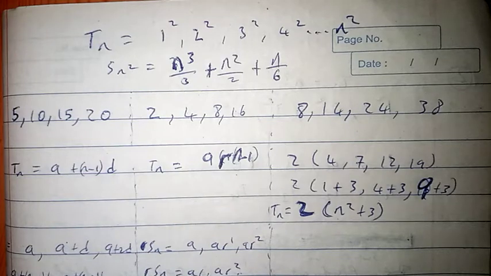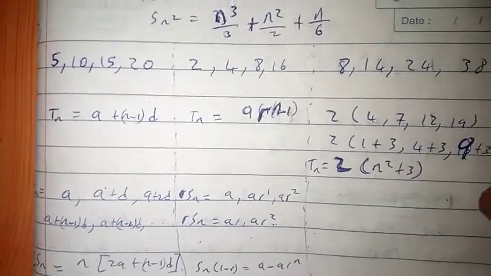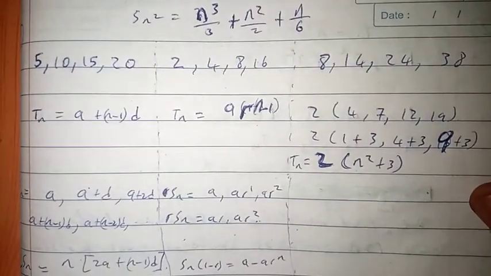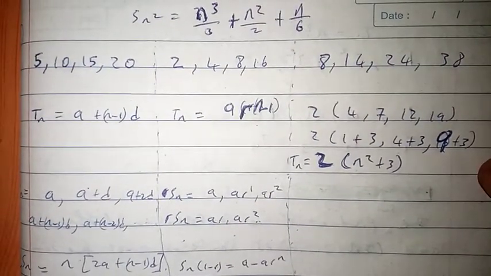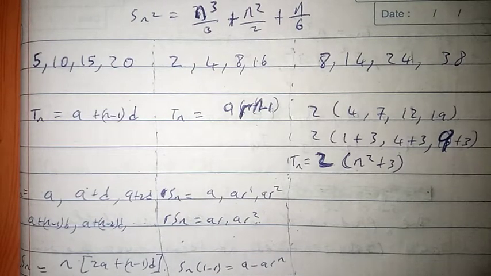So let's get into it. There are already videos on YouTube on how to derive the sum of squares, but for me it was a little bit abstract, since it was not taken from the sequence, it was taken from a different relation and then combined to form the sum of squares. There's nothing wrong with that, but I wanted to use the actual sequence and derive the formula for the